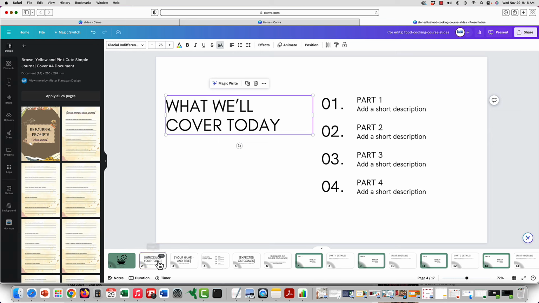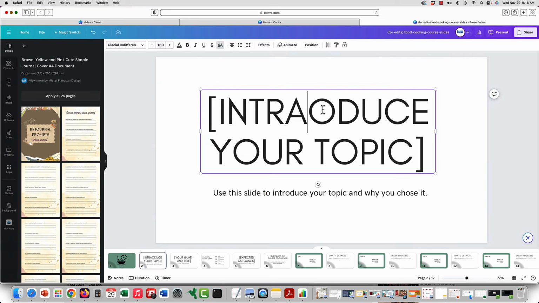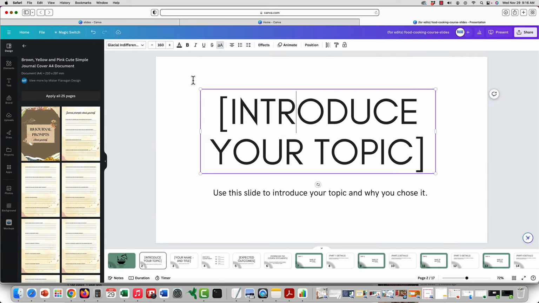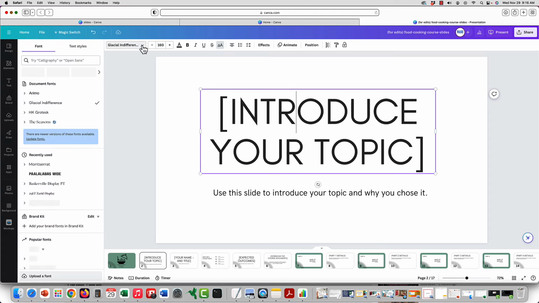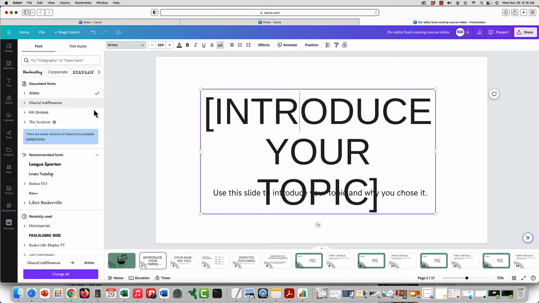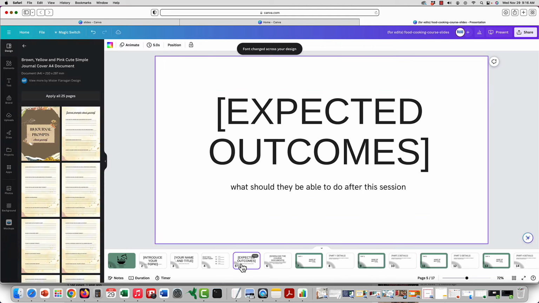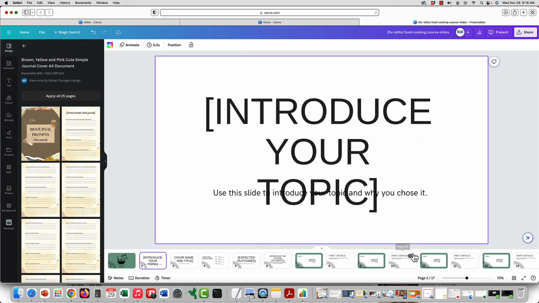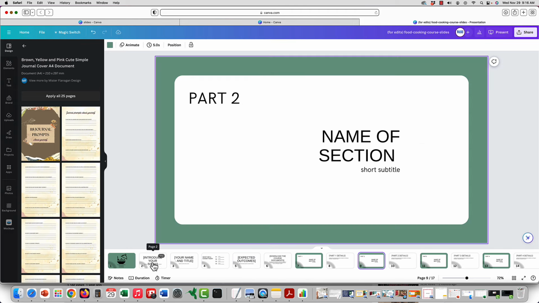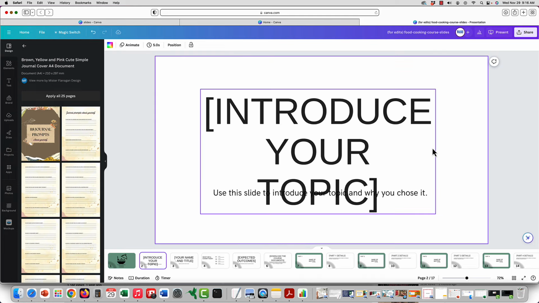But what you can do is, if you want to change the main headline font, you would highlight it, and then choose the one you want, noting that some of the fonts you choose will change the layout because they're different sizes, so you would have to go through and adjust that. But once you choose it in one place, here at the bottom, this change all option appears, and you can change it, so it's now updated throughout. You can see it's different than before. This one is quite large, so you just would